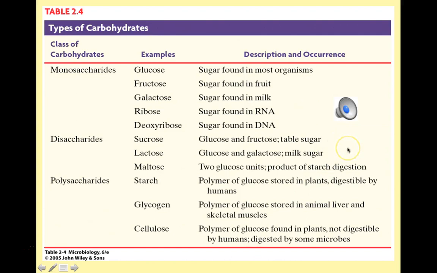It is often used as a sweetener in different food products. For polysaccharides, we have starch, glycogen, and cellulose. All three of these polysaccharides are made of large polymers of glucose. In other words, we use many molecules of glucose. We're going to hook them together with specialized covalent bonds, and depending upon how they're arranged, we can create either starch, or glycogen, or cellulose.